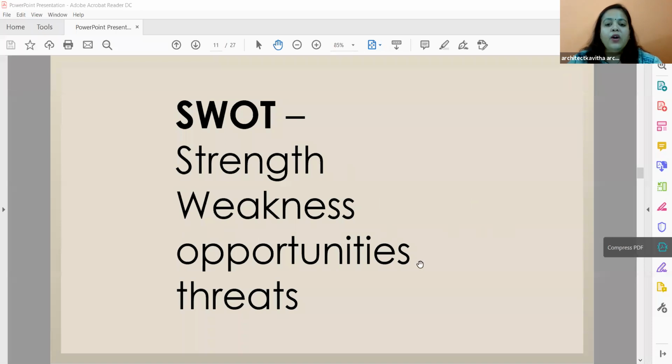And what are the opportunities? For example, you're designing a school building. Is it nearby to a factory? Then it is not an opportunity. Or is it nearby to public spaces? Is there any landscape nearby? All that will form as an opportunity. So for a kid, you should have a good playground. So all those opportunities you will see. You will note down all these points.